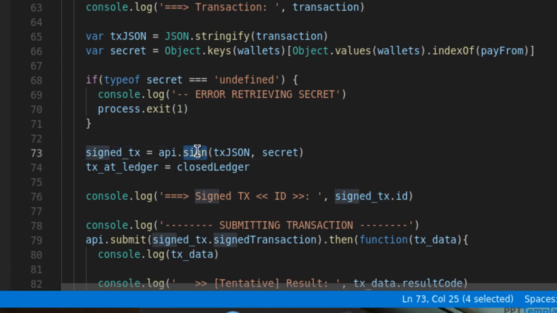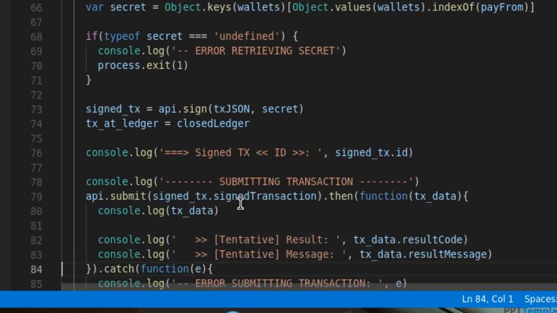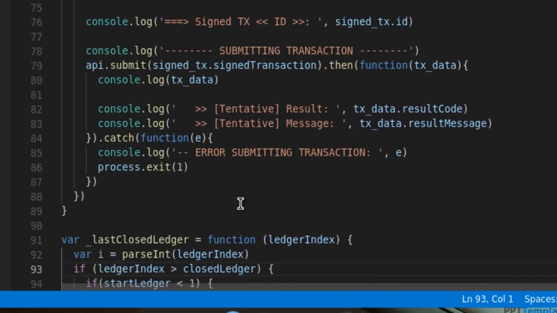This is the API.sign method, which should precede the submit method. You need to pass the JSON object with the transaction details, saying this is a payment transaction in our case, pass on the secret, and then you will get a signed transaction. After we have the signed transaction, we are going to submit it using API.submit.